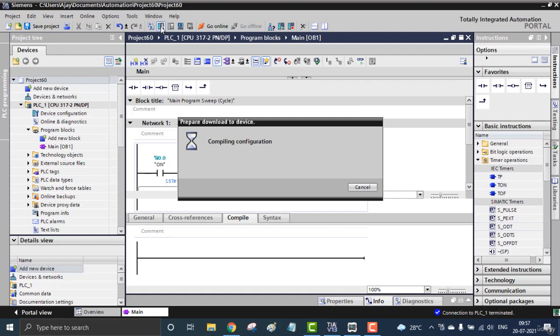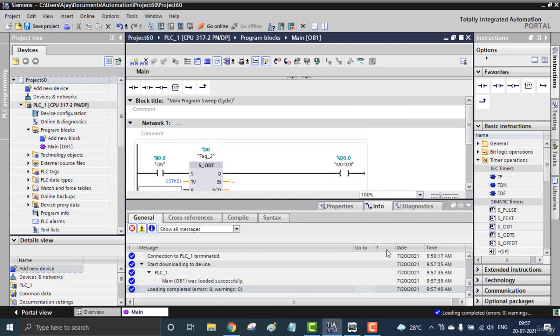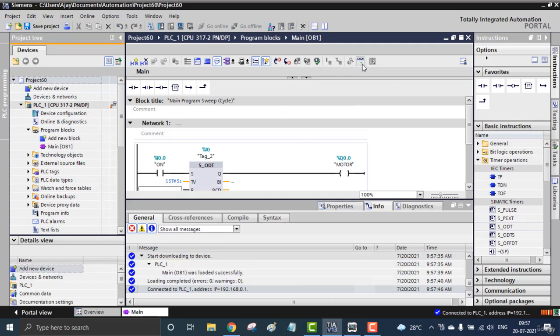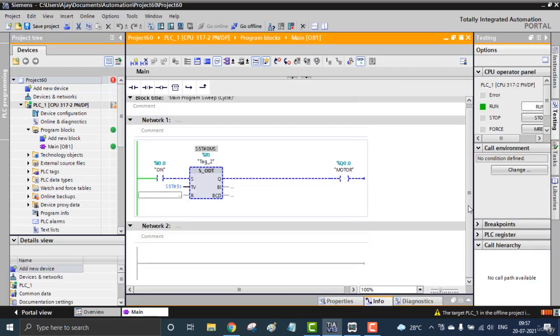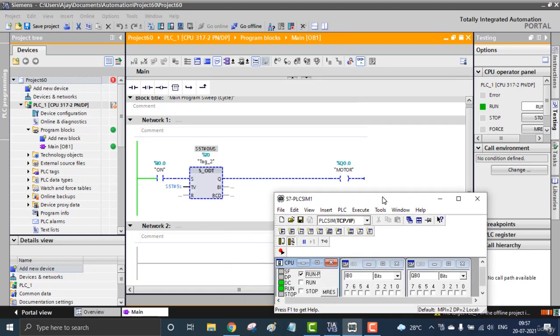I'm going to download this, and that's downloaded. Now we can go and watch this online. Here we can see I'm in the simulation mode. I'm going to turn on my input I0.0.